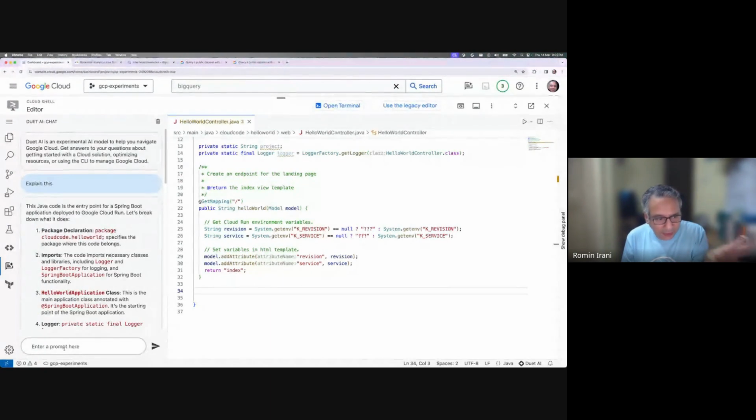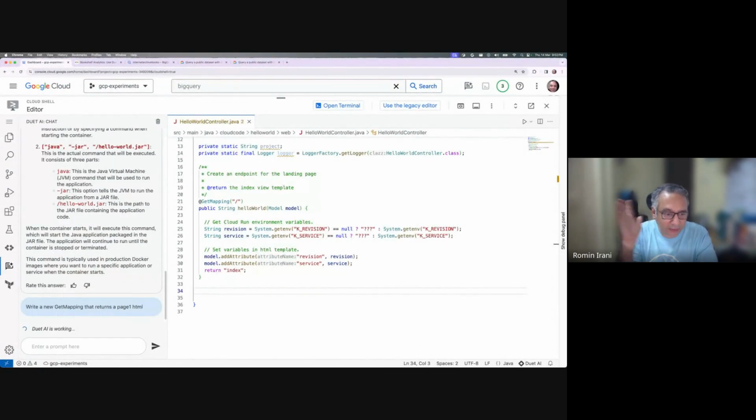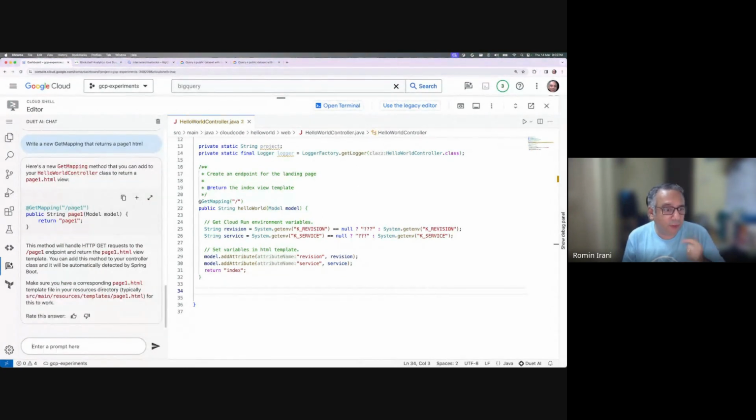So if you like to chat here, you can just say, write a new get mapping that returns page one HTML. I'm just giving something that comes to my mind, or you can return some other data or whatever it is. See what it comes up with. You will find that it starts giving you the actual code that you could potentially use at any point in time. You could just be in that right spot and do an insert in current file, and it's going to come up. But you can copy it also, or do some follow-up things,